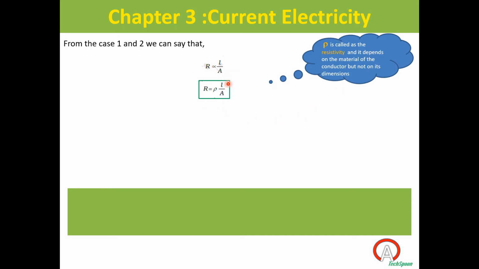Okay. So now we got the equation for resistance R. What are the things we learned now? What is meant by resistance? How the resistance varies with the dimension of a conductor. For that, first we recollected how the current varies according to area of cross section and length. Then we came to resistance, since current and resistance are inversely proportional, it is very easy to find. Then from case 1 and case 2, we derived an equation for resistance R: R is equal to rho into L by A. That constant rho is called the resistivity.